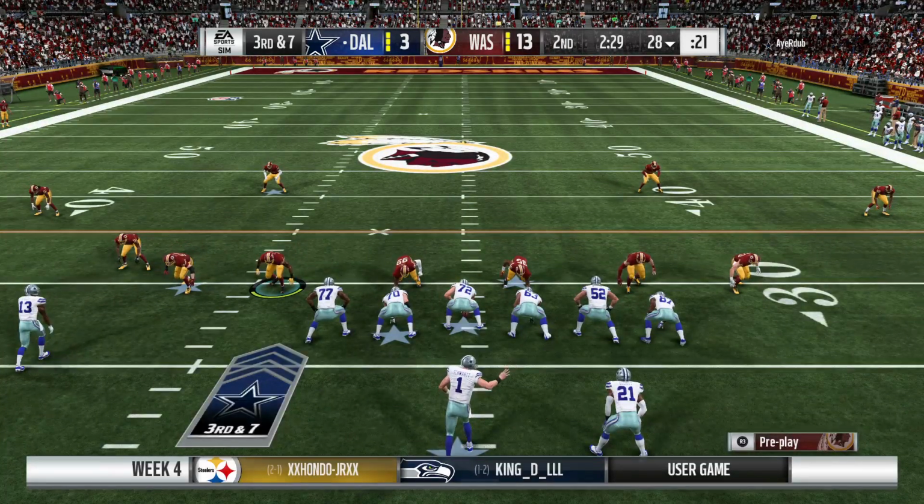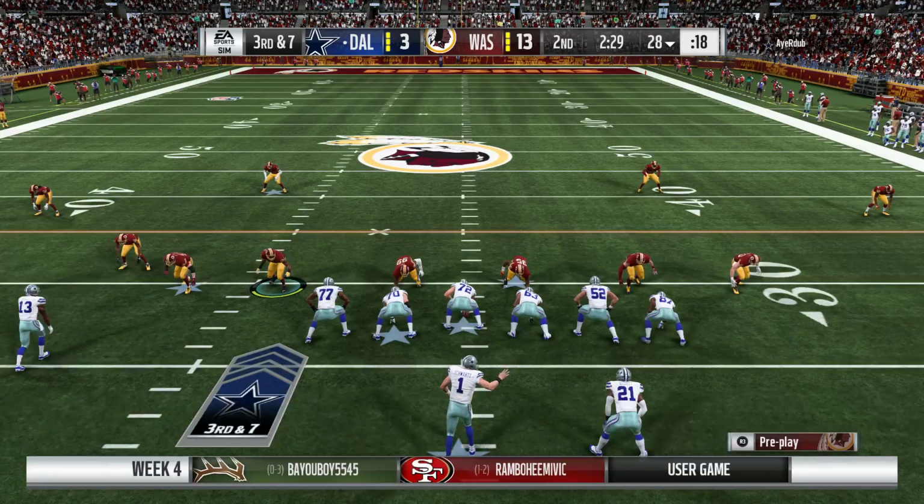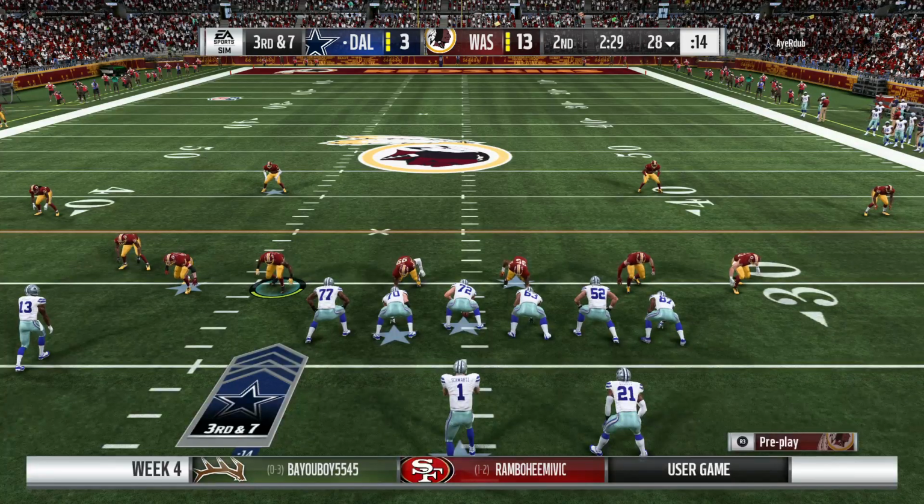Gone, gone, gone, gone. Gone, gone, gone, gone. Gone, gone,